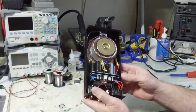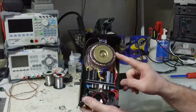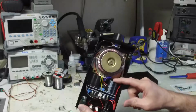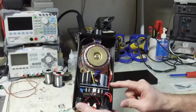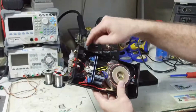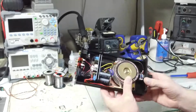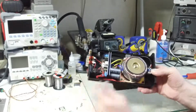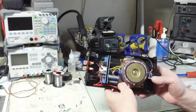We're in. It's a nice looking design. Cute little toroid transformer in here. 40 volt, 4700 microfarad caps, so roughly 10,000 microfarads on the positive and negative rails. There's a full wave bridge down here, so we've got a circuit board for the AC to DC. Shielded wires come from the audio jack up to the front, and shielded going back to the board. A little bit of a cause of concern for me is that it does not look like the AC input is fused going up to the transformer. So before I turn this on and plug it in, I'm going to add a